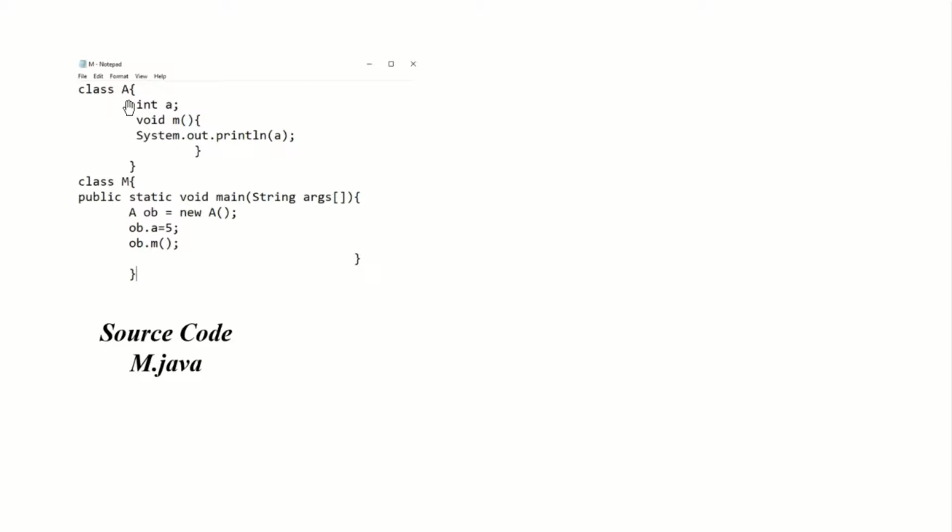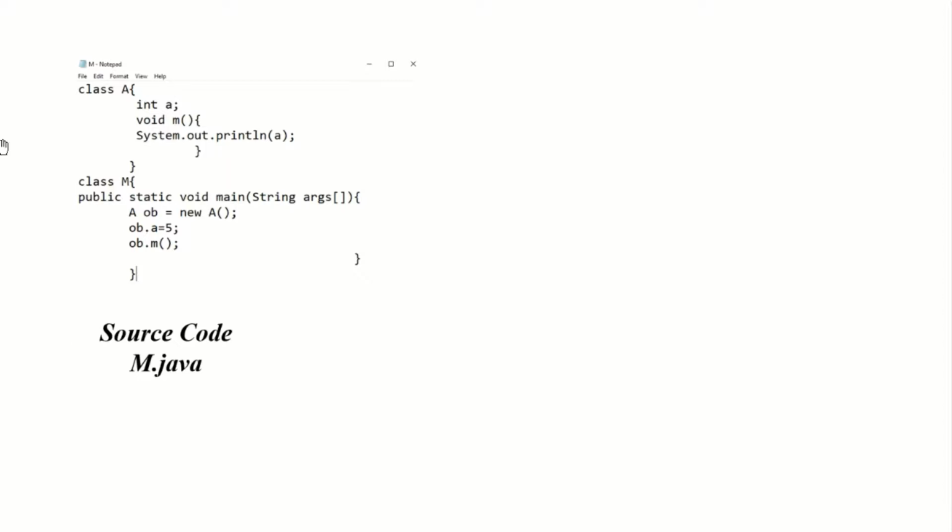The first class is class A and the second one is class M. The main method exists within class M, therefore M is the main class. And the rule was the Java file should be saved with the main class name. Therefore, this code must be saved with the name m.java, not a.java. Why? The reason is very important. I will explain it later on.